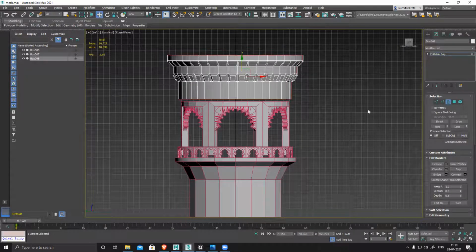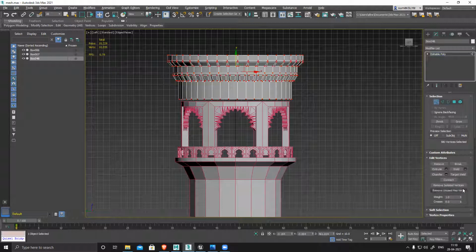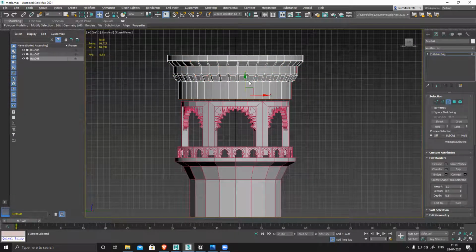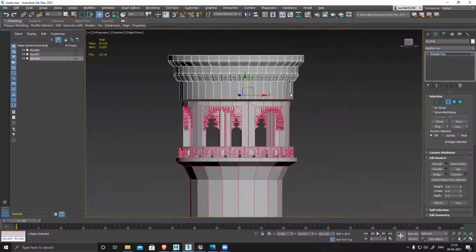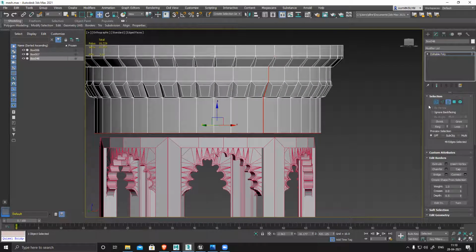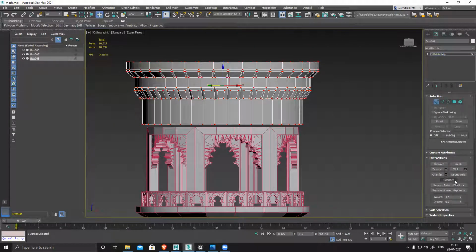Okay, it means it's not welded properly. Yeah, now it's fine. Yeah. सर, स्टिल इट्स सेलेक्टिंग साइड पे. Okay, no problem. Done. Yeah, now it's correct.